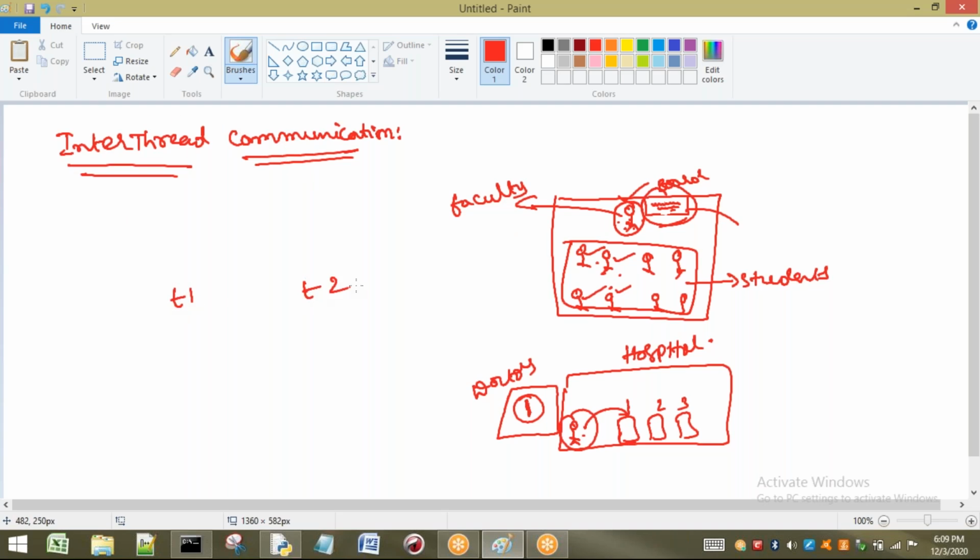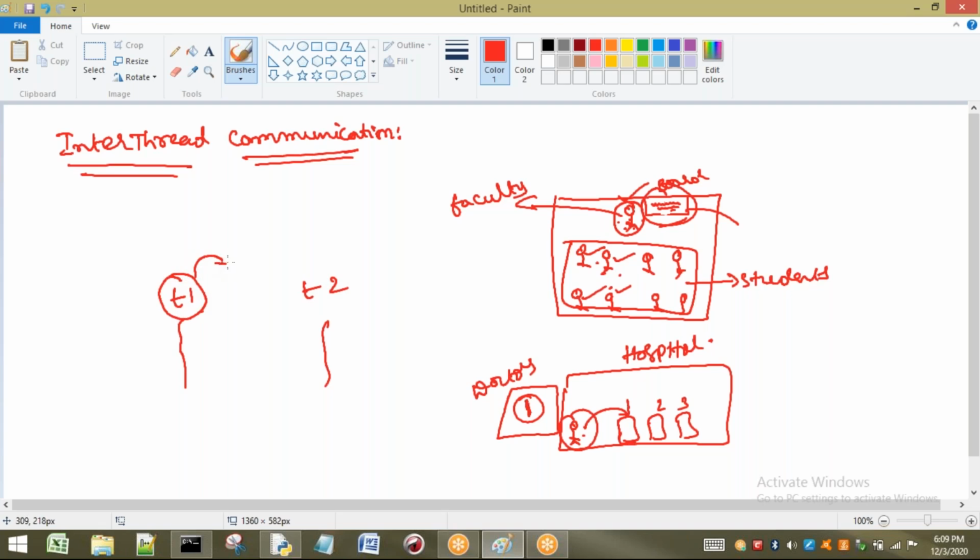T1 is there, T2 is there. Two threads are there. I'm going to take the threads now. First thread, second thread. Now, if these two threads want to communicate with each other, then let us consider T1 wants to produce something.